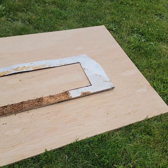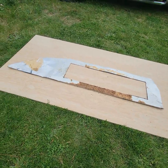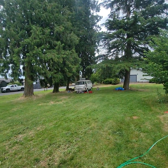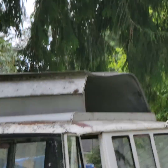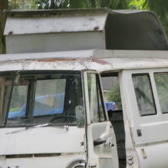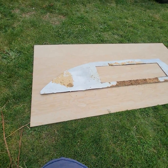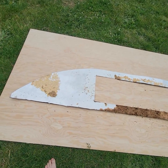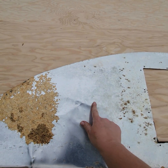Okay, if you happen to get involved with remaking the camper pop-up, I don't know if you could see, yeah, right there, we removed that, and now we're working on it over here. The particle board is glued to it, and the mistake we made is pulling it, so now there's these dents